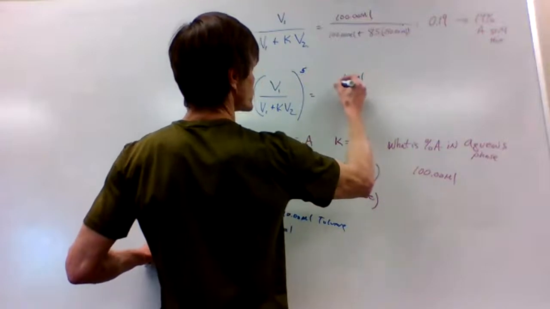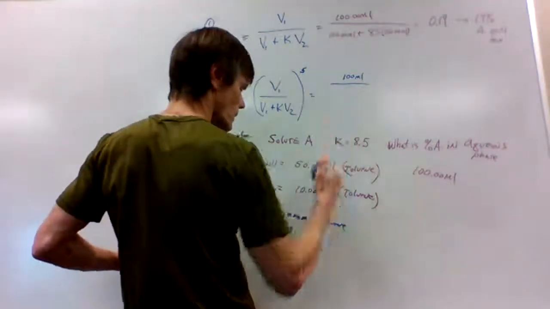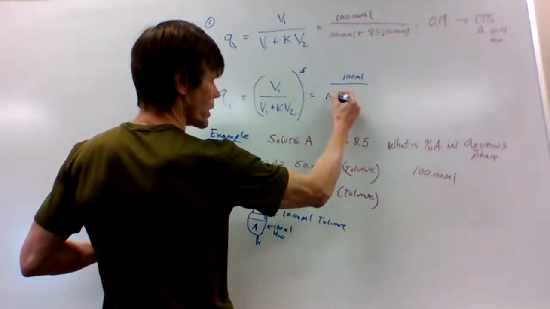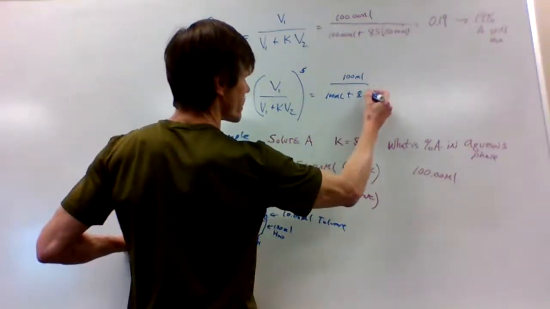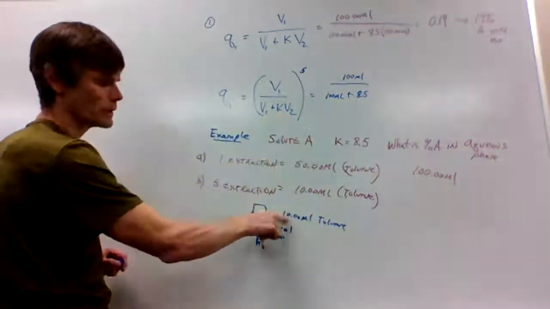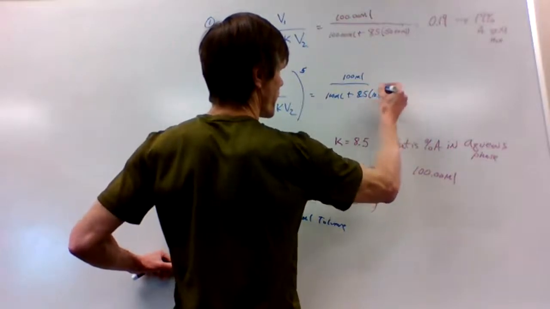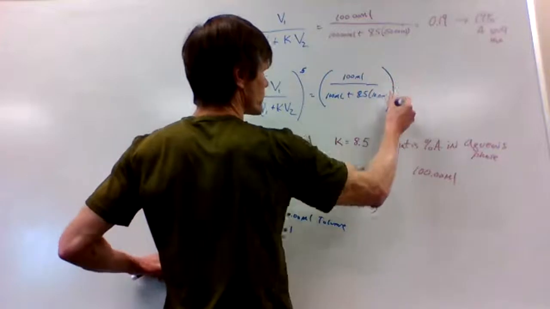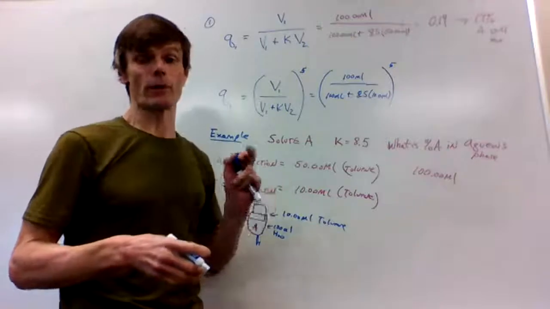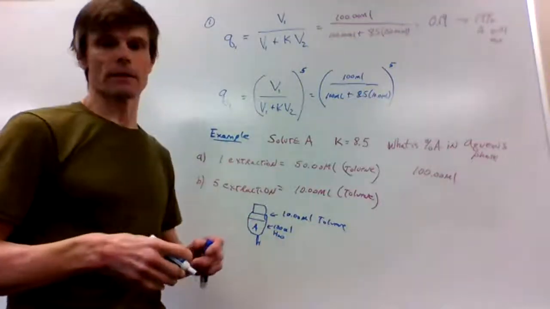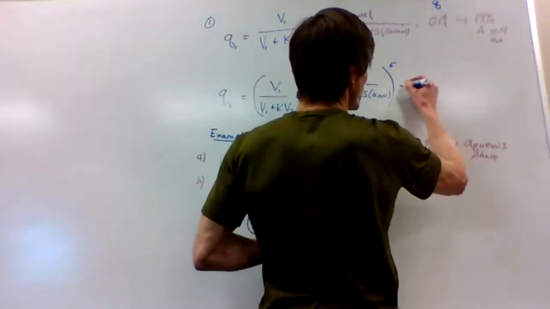it's 100 milliliters. That's the volume of our water. 100 milliliters is in the denominator. K is still 8.5. V2 is now 10 milliliters. And we would take that argument that we get in those parentheses and we would raise it to the power of 5. And what we would get is that the fraction of our analyte in the aqueous phase,